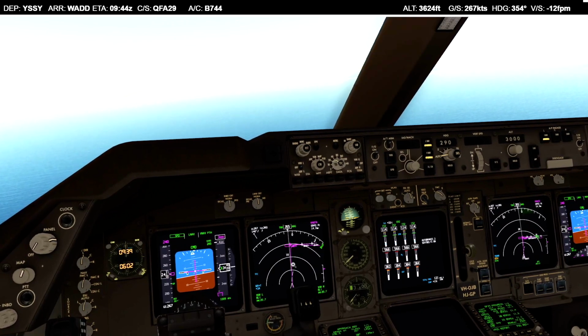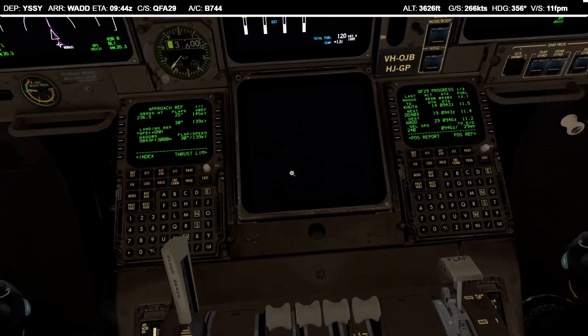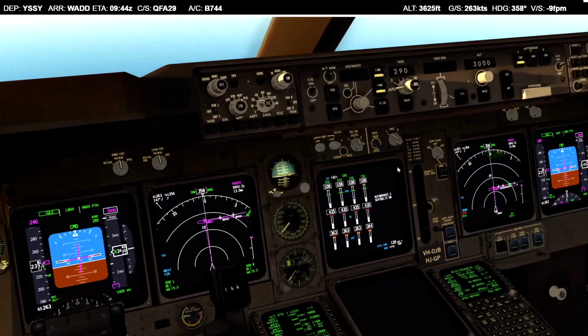And yeah, now the aircraft is noticing it is too low for the arrival, or not too low, but 3000 at Qantas, so we have a bit of space. 29 miles to go now. Let's actually set this to 3000 spot on. Yeah, I think that's better. And then when we want to be on flap 5, let's maybe put it...